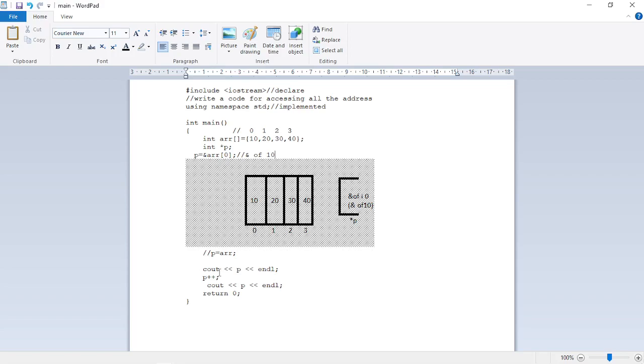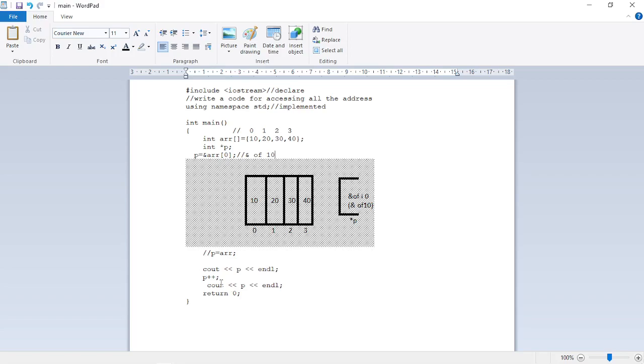Okay, so here we are going to print the value of p with the help of the cout method, and we are going to use endl. The endl function is mainly used for a new line. Okay, so if you use endl, at that time our cursor will come to the